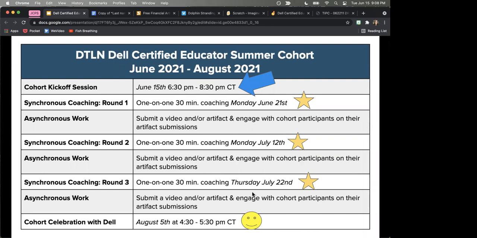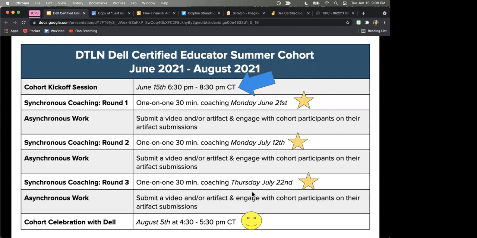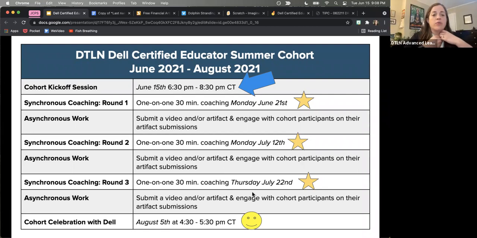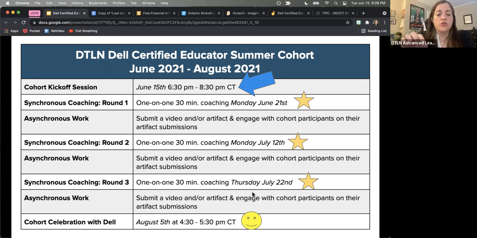And can this be done earlier too? Earlier than what do you mean? Like you're saying July 22nd, yeah? So if one finishes it before July 20th, or is it? Oh, no, not normally, because we have to do our coaching in different gaps so that you have time to turn in evidence in between. Okay. But technically you might submit more evidence ahead, and maybe we'd figure something out if there was something else.